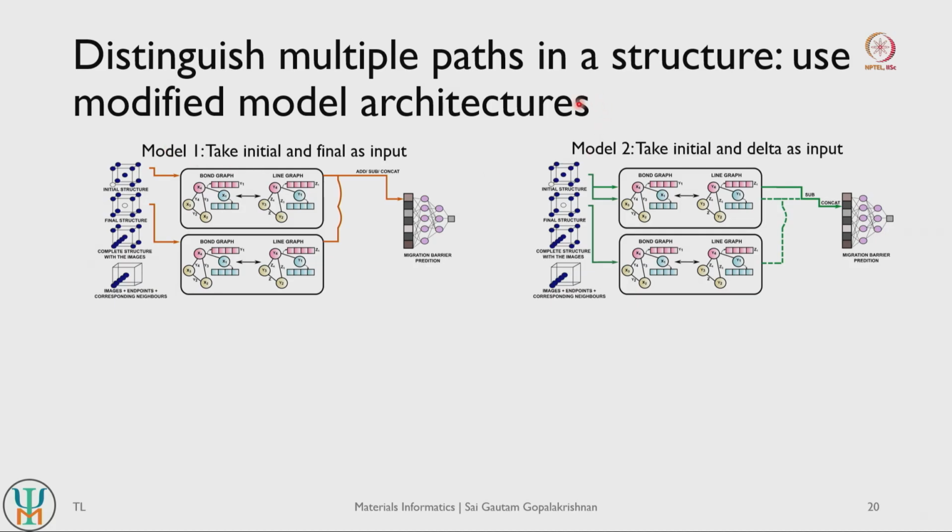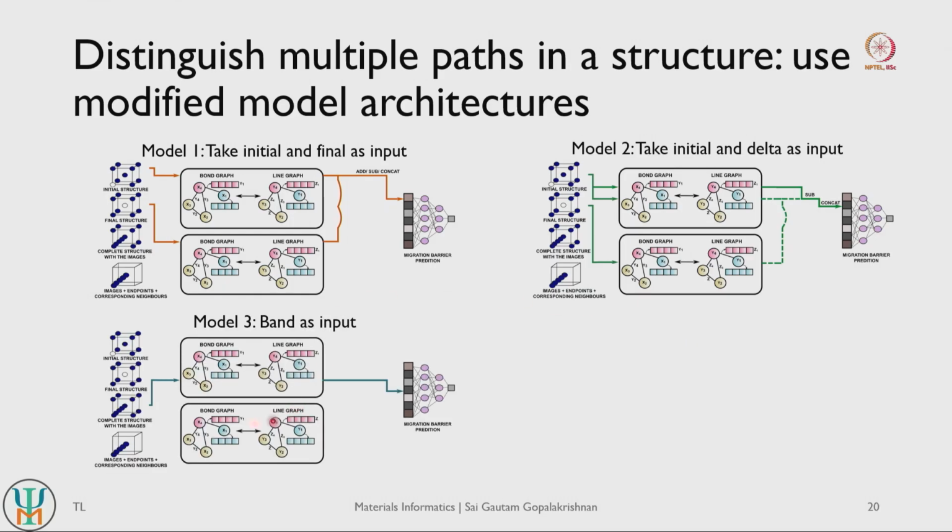The other model architecture was we fed in the initial structure and then we took what is referred to as the delta, or the difference between the initial and final structure, and we fed that to the second instance of the model, right. So this also takes into account initial and final configurational information, but the way the information is fed is a little different, right. So the delta tries to enhance the varying coordinates, so which atom is actually moving and how much it is actually moving, right. So that is what the delta tries to emphasize to the second instance of the model.